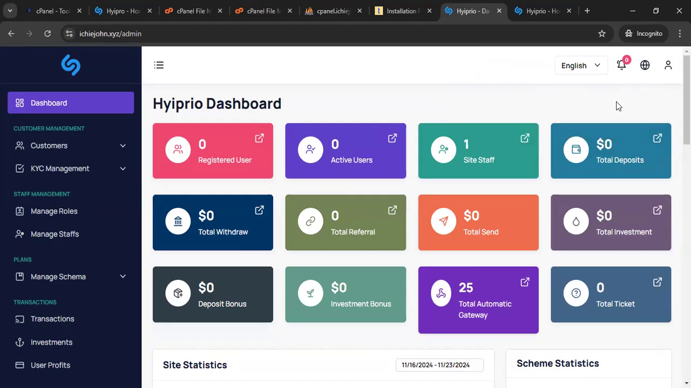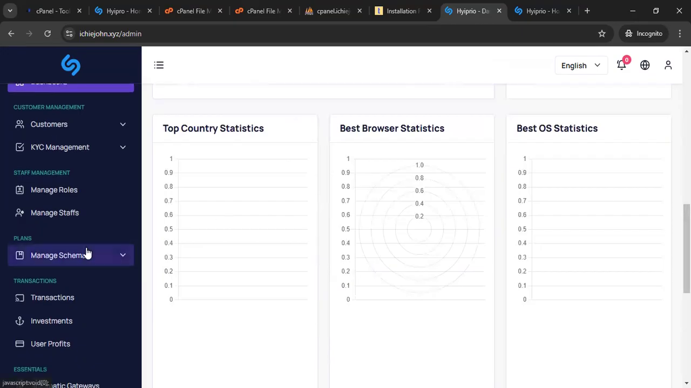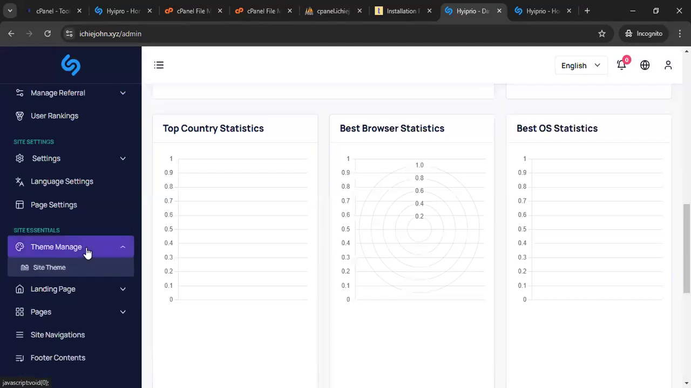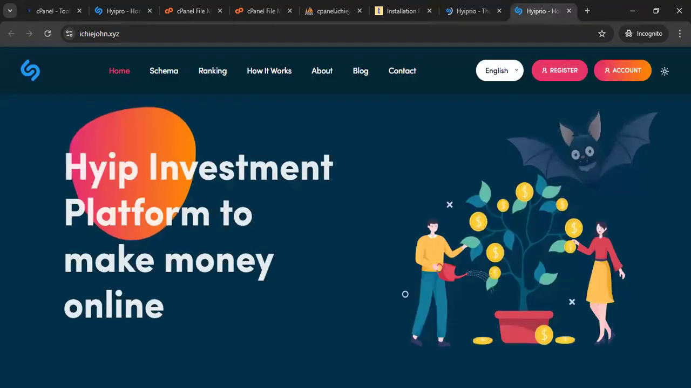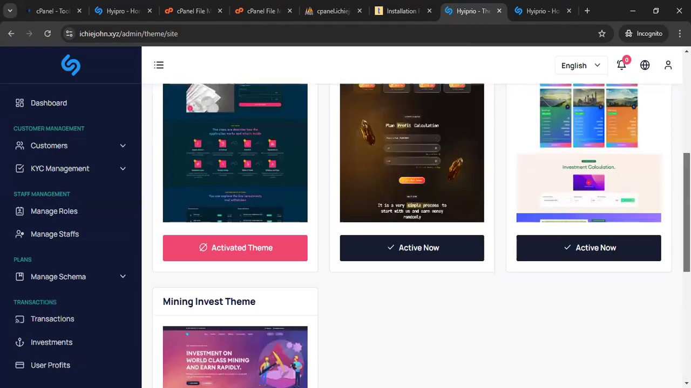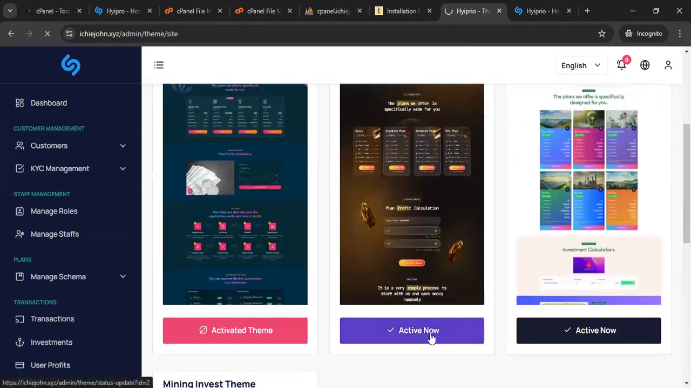The next thing I'm going to do right now is that I'm going to scroll down, and one thing I love about this script is that you can change the look of your website over here. So all you just have to do is this. Just give it some time to load. You can see there are different scripts. So if I click on activate now for this one,